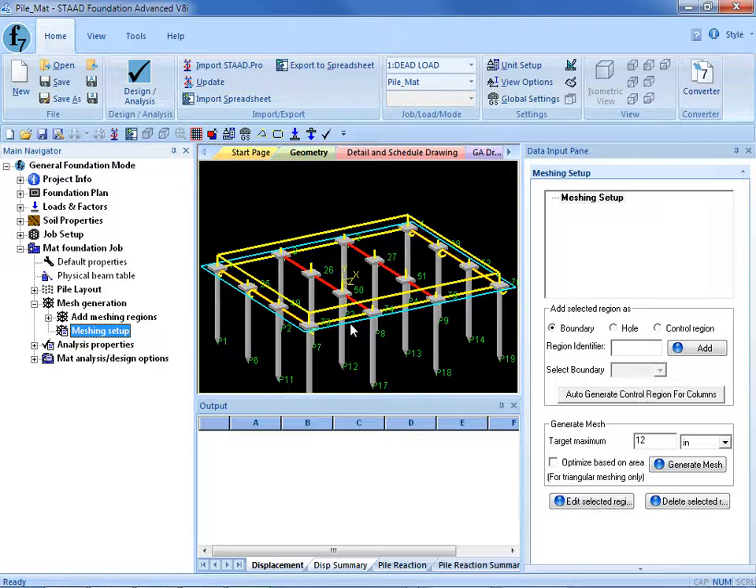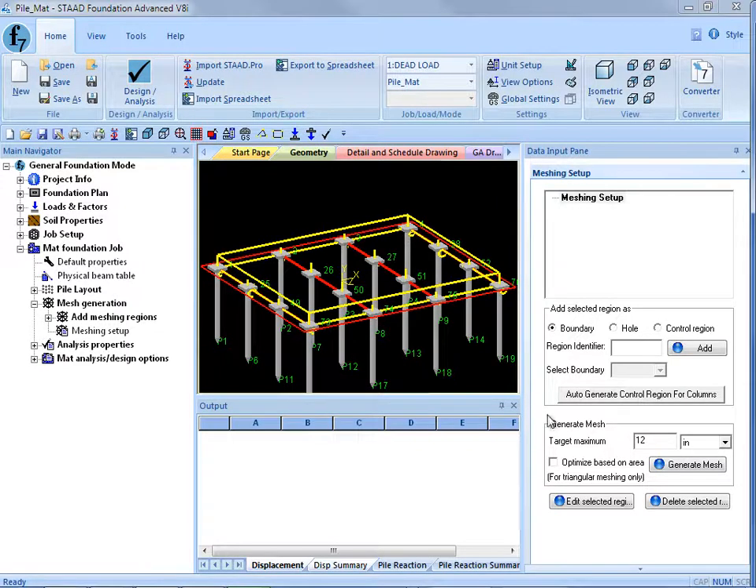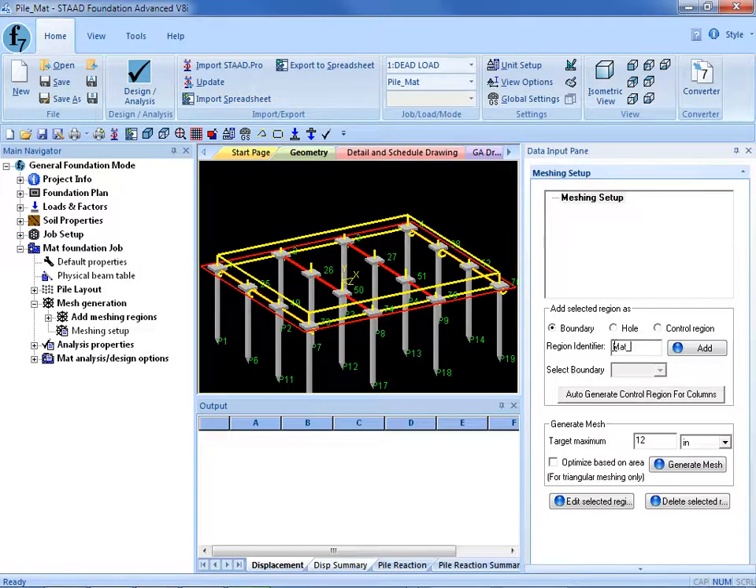So I'm going to go in my main geometry screen and I'm going to select my outermost region, and it should turn red when it's selected. I need to define this as the boundary for my mat foundation. I'm going to go ahead and name it, and I will just call it mat boundary. I'm going to define it as a boundary, and then I'm going to go ahead and click on the Add